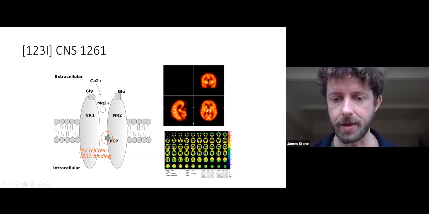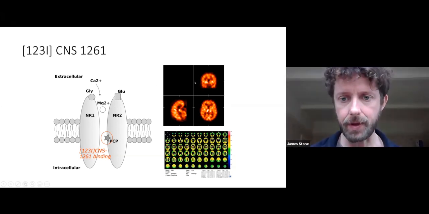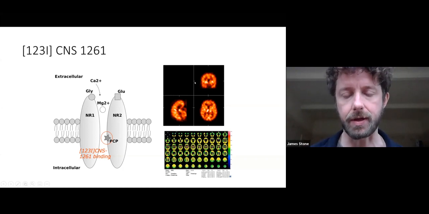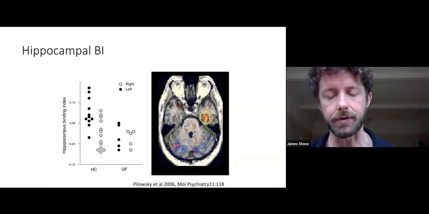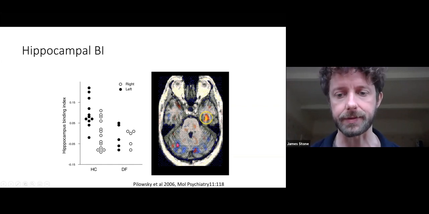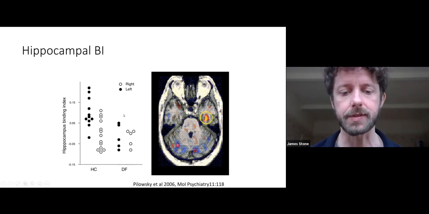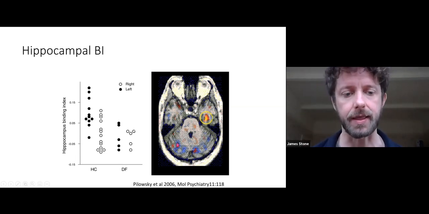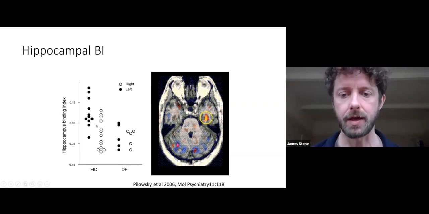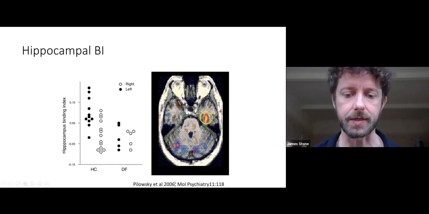I'm not sure if you can see my mouse. We used this tracer to look at patients with schizophrenia and also healthy volunteers. We found that medicated patients with schizophrenia looked quite similar to healthy controls, but drug-free patients with schizophrenia who are not currently taking any medication had reduced binding to this NMDA receptor site compared to healthy controls. This was work that we published in 2006,